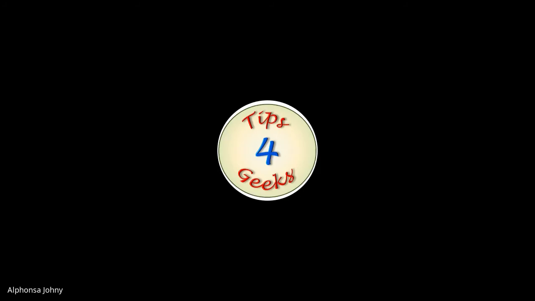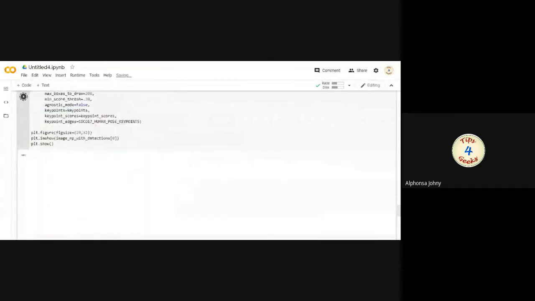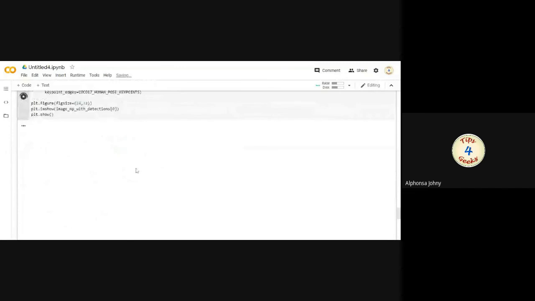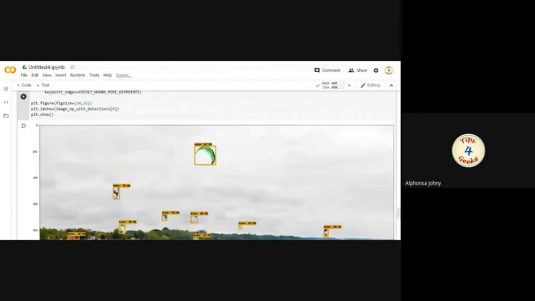After the model is executed, to see the output in a visual form, we can run this code. Then we will get the final result as shown here. So this is the final output.